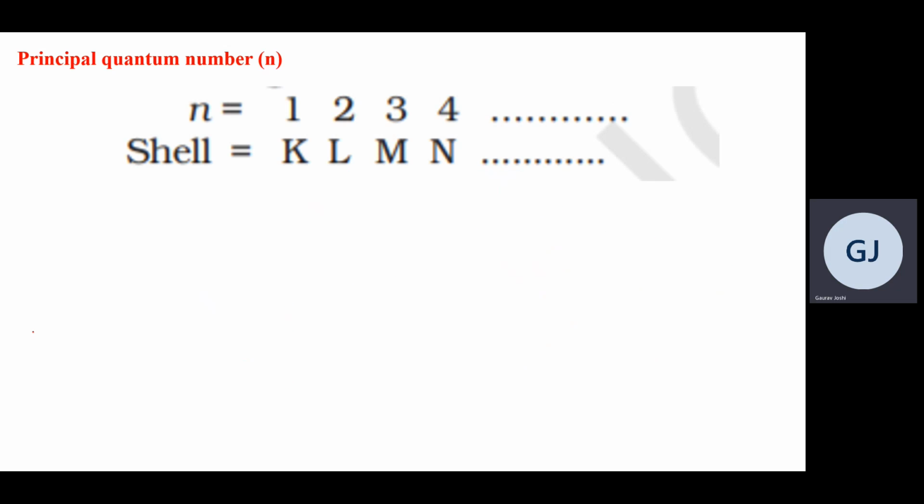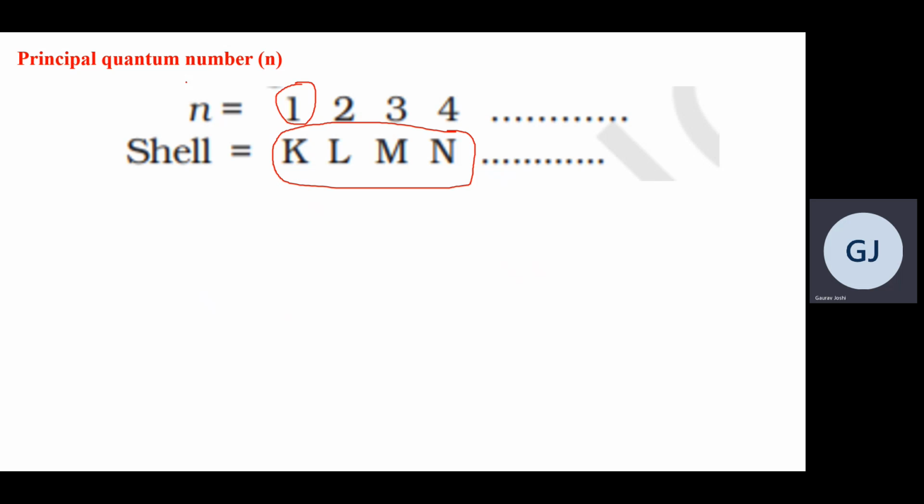So basically now, the principal quantum number is like this. For example, we were talking earlier about the shell. We had talked about K, L, M, N. So basically this K, L, M, N receives an integer number, right? That is from 1 to n. This cannot be 0 or negative. If it is 0 or negative, that means the atom does not exist. Even in the simplest atom, hydrogen, there will be one shell. So this is the important thing to keep in mind: n cannot be 0 or negative.